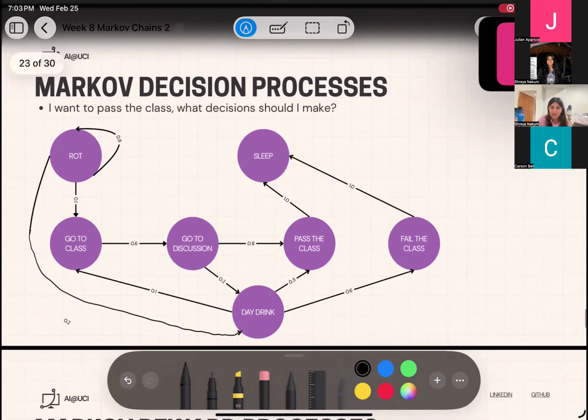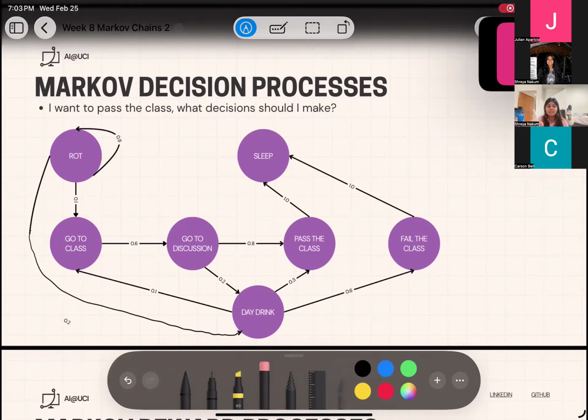Okay. Now we're gonna talk about Markov decision processes. So an MDP is the same thing as a Markov chain, but it's slightly different. The reason is that at each state you're making a decision attached to some probability, but now you can attach rewards to it, and when you add rewards, it becomes a Markov reward process, which brings us to reinforcement learning.